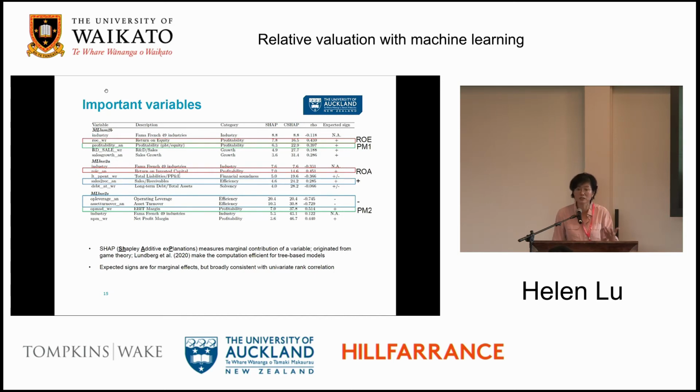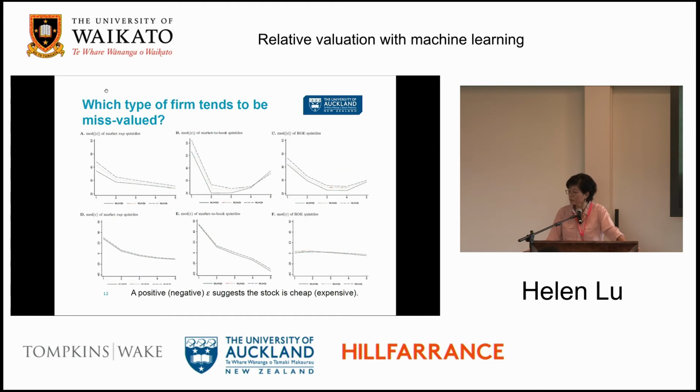So professionals are trained and they know discounted cash flow and finance theory, and derived from the DCF model there are some predictions on which variables should matter, and the machines happen to pick almost exactly the same important variables for different valuation multiples. Not only is the valuation accurate, and also